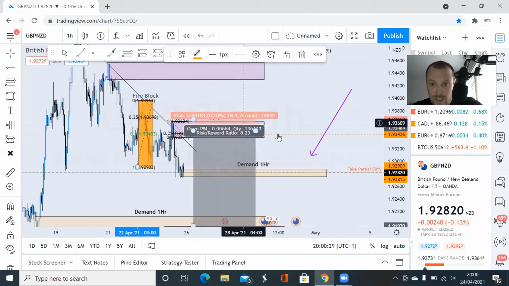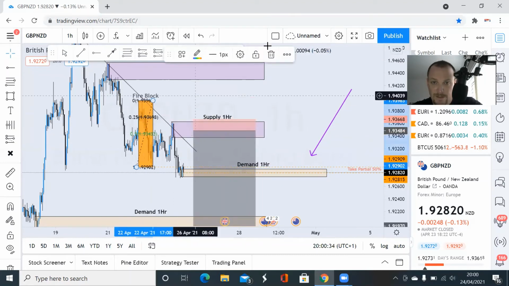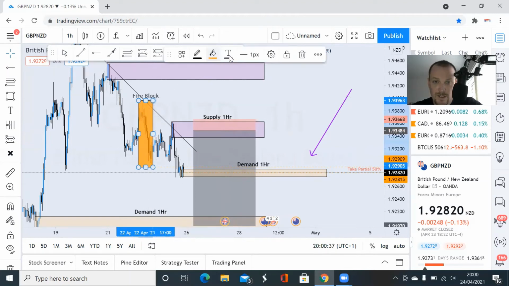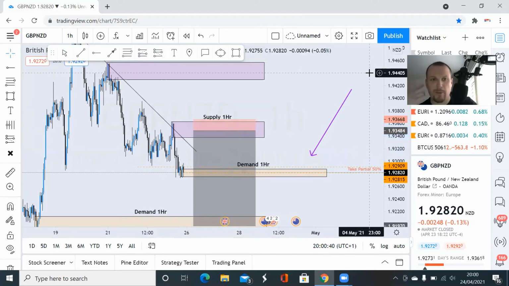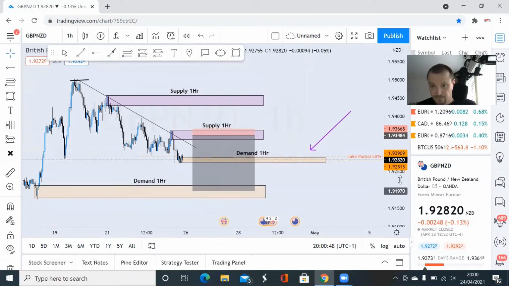So again, if we just get rid of some of this noise, I'm happy to go with this trade, to be fair. I'm just going to get rid of some of this. And I'm going to put this up on my wall to see how it plays out on the forexfire trading view. So again, we've got the overall picture, the 1 hour supply, the monthly supply and demand. The overall picture on the monthly is a bearish move. We've gone down to the daily. The daily is still in a bearish move. Then we've gone down to the 1 hour, and we've condensed that maneuver of the bearish move and the downtrend continuation into this